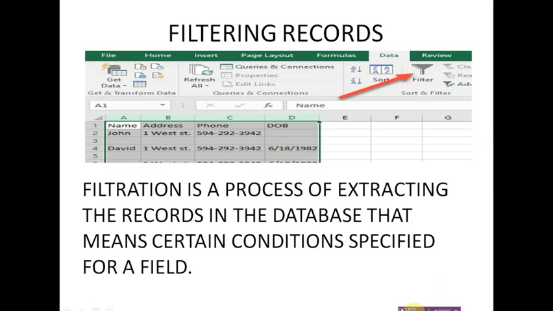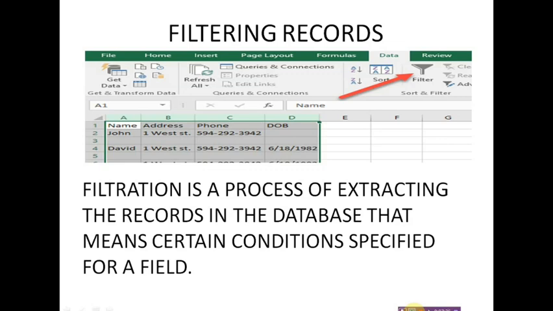Unlike sorting, it does not rearrange the data list, but it temporarily hides the rows you do not want to see in the worksheet. It will hide the rest of the data which you do not want to see, and it will show you only that data which you want to extract from the whole data.